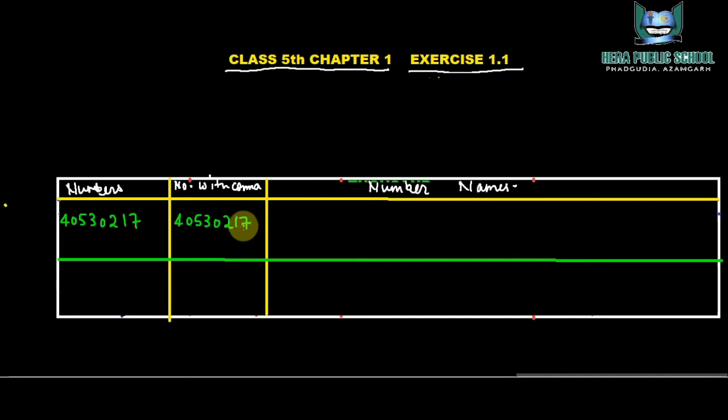So in Indian number system we put commas from rightmost. First we put comma after 3 digits, okay, after that 2 digits, after that 2 digits. In this way we put commas in Indian number system. Now we will write the number name of the given number. So this is ones place, this is tens place, this is hundred place, this is thousand place, this is 10,000 place, this is lakh, this is 10 lakh place, and this is crore place. So 4 is in the crore place. So 4 crore.